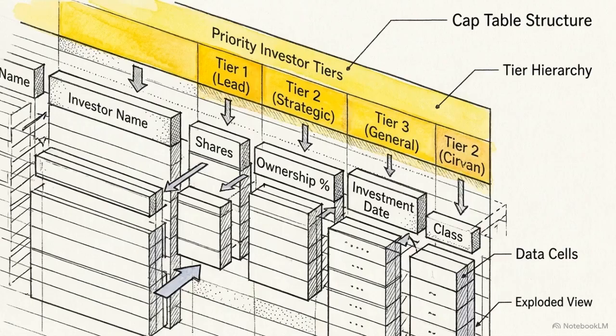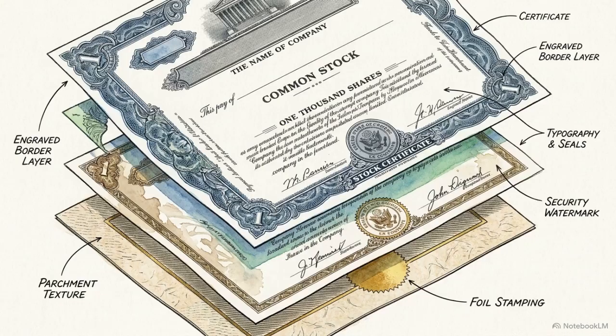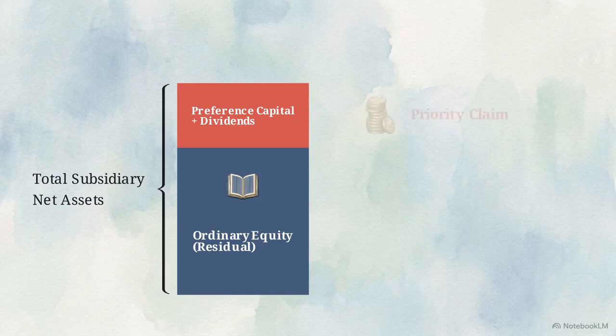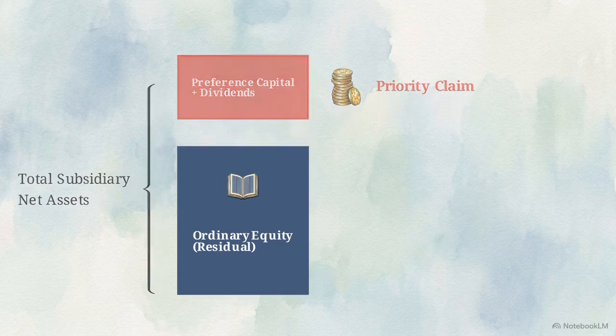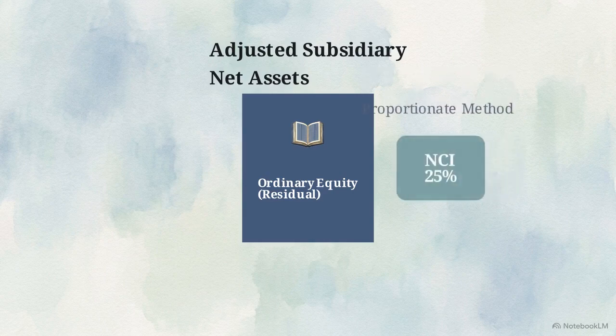Step 4 determines the reporting date value of the non-controlling interest. Because ordinary share equity is a residual interest, priority claims must be settled first. Subsidiary cumulative preference shares held by external parties often complicate this calculation. Preference shareholders hold a priority claim over ordinary shareholders regarding dividends and net asset allocation. Before allocating profit to ordinary shareholders or the NCI, outstanding preference dividends must be deducted, reducing the pool of available ordinary profit. Only after this priority deduction is cleared can the standard proportionate method be applied.